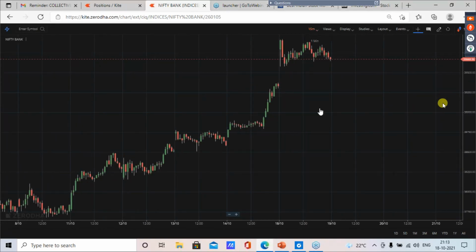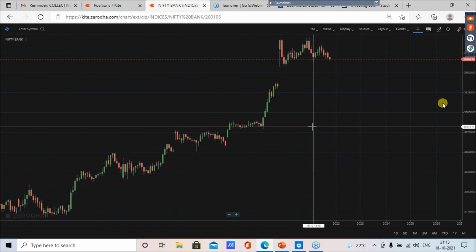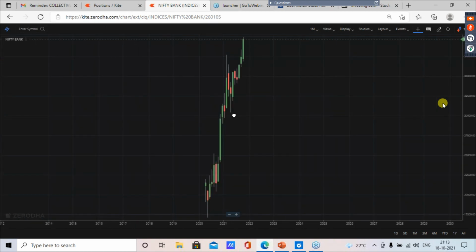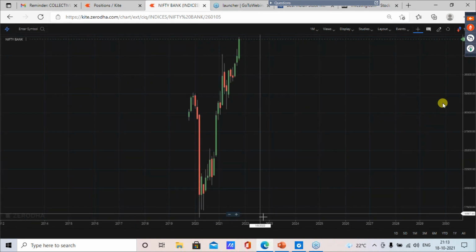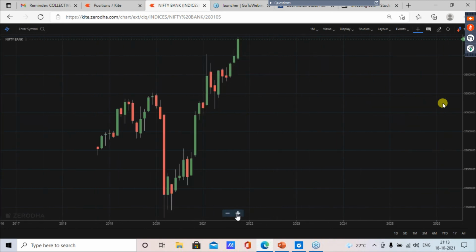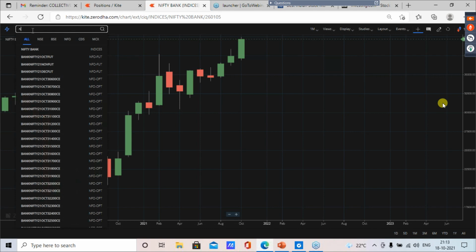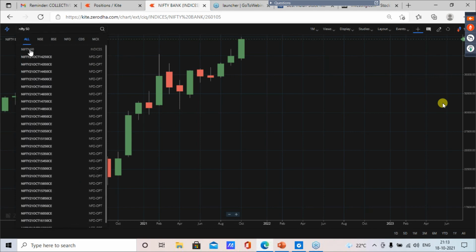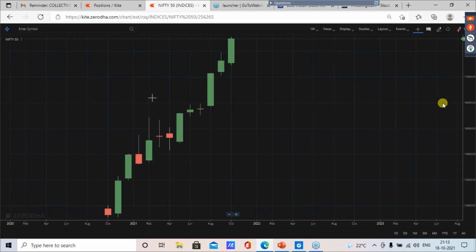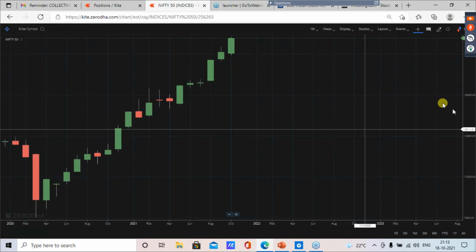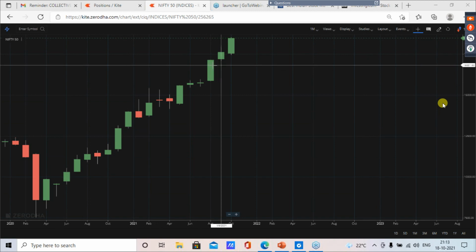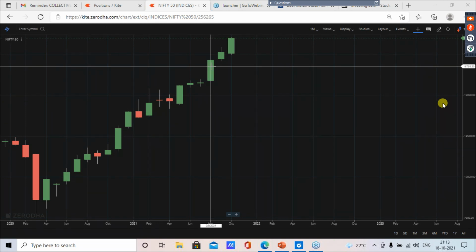I predicted the market will go up because in the monthly candle there was a powerful Marubozu in Nifty. You can predict the movement based on the candlestick pattern. Okay. Can you all reconfirm that we have a Marubozu in the monthly candle? Can you all reconfirm the August month was a Marubozu?